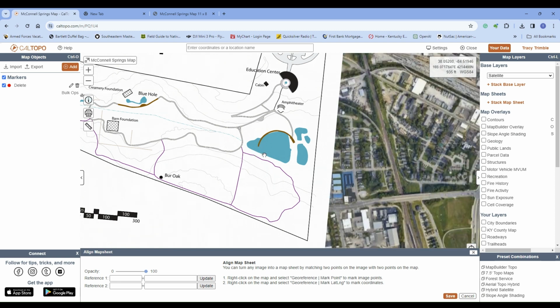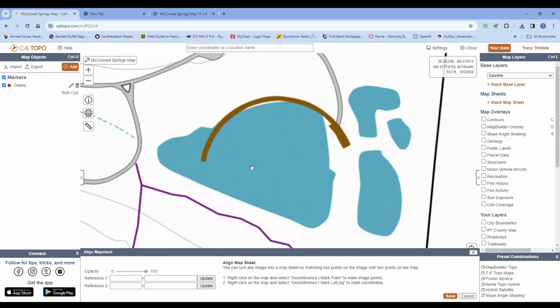So let's start off with identifying 2 points on the map sheet. Take your cursor, put it at the very end of that boardwalk, and I'm going to right click and say mark point 1. Now, the mark points are for the map sheet. The mark lat and long is for the map. So I'm going to identify this as point 1,